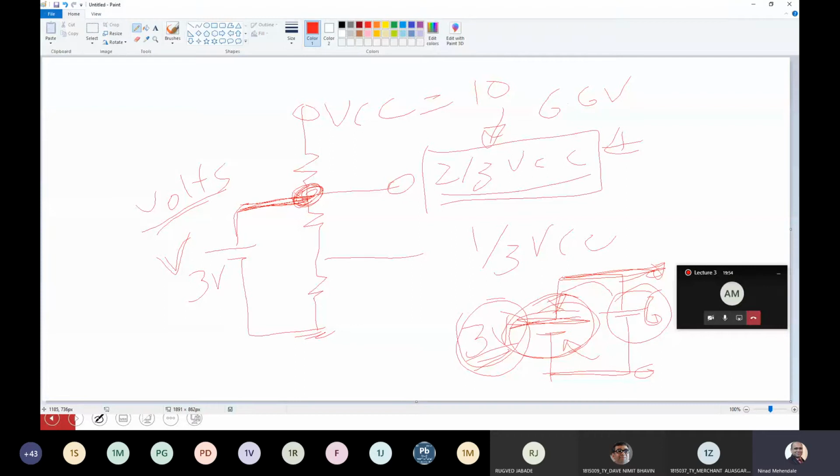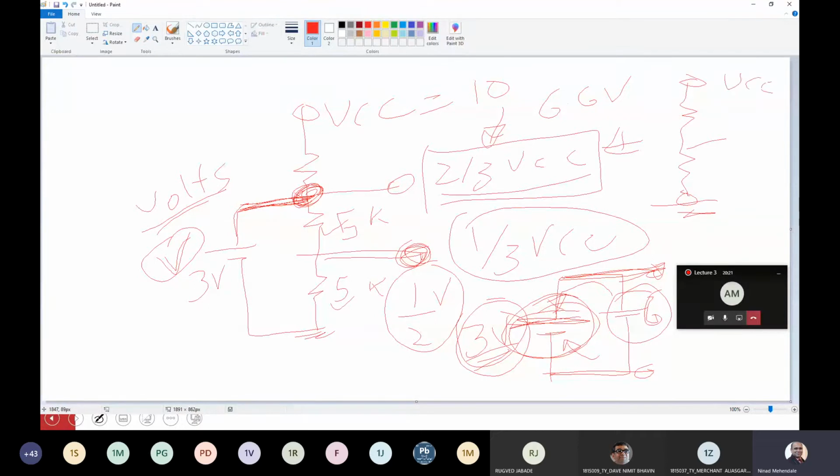So next thing is, if this becomes V volts, then the voltage at this point is not one third of VCC anymore. And since both resistors of 5K are there, actually here the voltage will directly become half, because what does the voltage division law say? If you connect two resistances of the same value together, then the output is always VCC by 2. So this is what the voltage division law says. If both resistors are of the same value, then here the output is always half VCC, and the same thing will happen here. The output at this point is half the voltage applied to this pin,